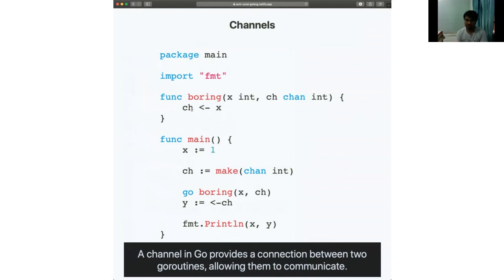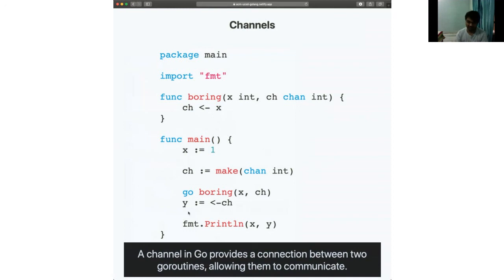In Go, the approach is that you don't communicate by sharing memory, you share memory by communicating. So your channels are sort of your memory pool, which are passed around all your functions that are concurrent or parallel, if that makes sense.